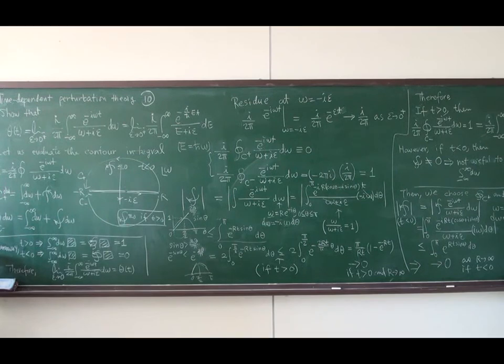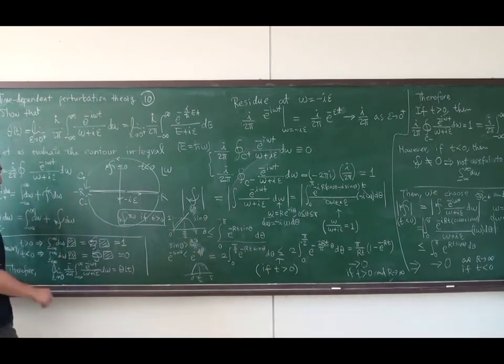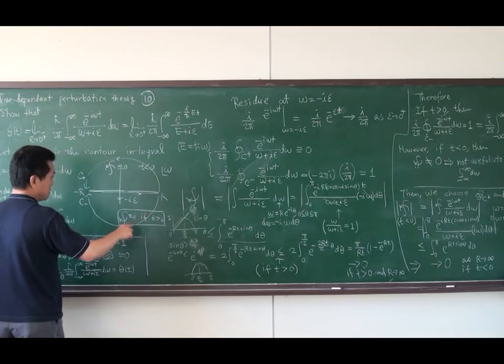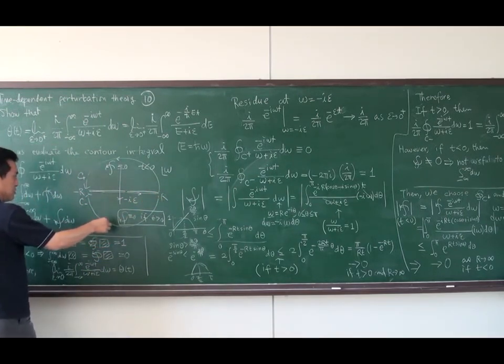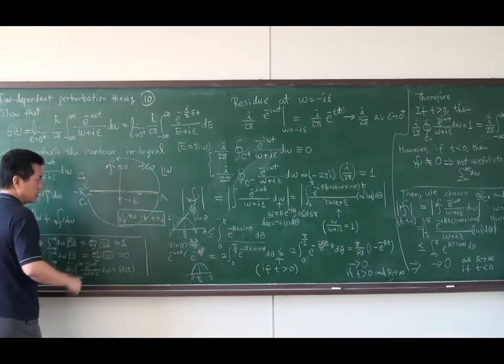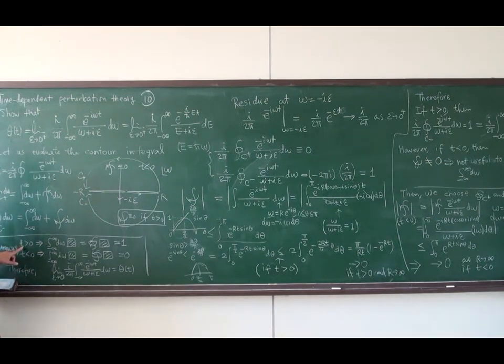In summary, again, the integral from minus infinity to infinity is exactly the same as the contour integral on the lower half plane, because the integral along this lower semicircle vanishes, and that is 1 if t is positive. If t is negative,